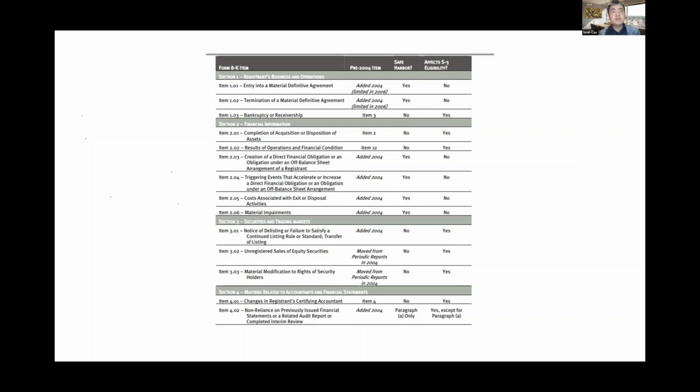You can see items like item 2.03, 2.04, 2.05, 2.06. So those are the two changes the SEC made to make the 8-K reporting more informative to investors, and make the news classification more refined. So you can see we added a lot of items after 2006. That's the structure of the 8-K and the changes we had in 2006. So let's look at more.